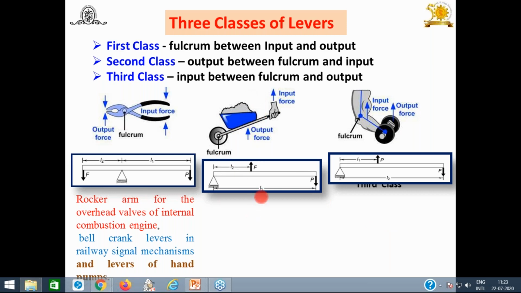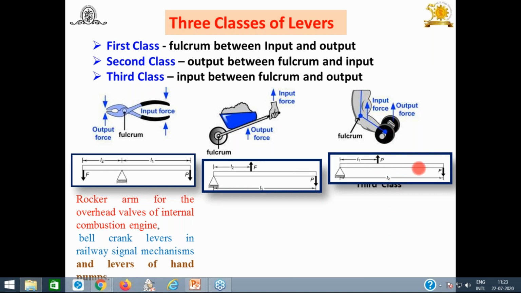And in the second type, in mechanical engineering applications, you will find the pressure relief valves. You will find the application of the second type of lever in safety valves. Also, you will find it in boilers and other cases. This is about the classes of lever. First class, pivot at the middle. Second class, output force at the middle. Third class, input force at the middle.